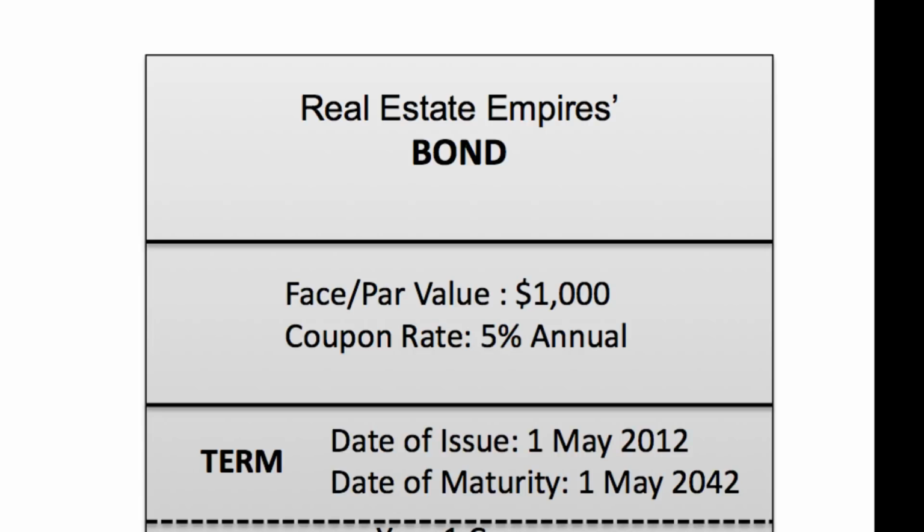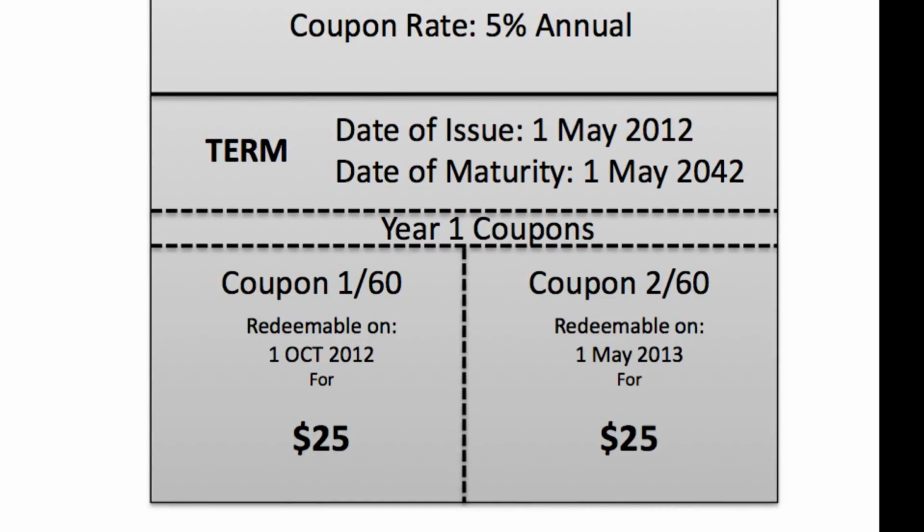So in between those 30 years, Jesse's collecting his interest on his $1,000 investment. When you look down at the bottom here, I have 2 coupons. Back in the olden days, whenever you'd buy a bond, you'd actually get a whole booklet of these coupons. As you can see, there's a dotted line. So what Jesse would do for his first coupon, if he would have bought this back in the olden days, not right now, because everything's electronic now, but if he would have had his booklet, what he would have done